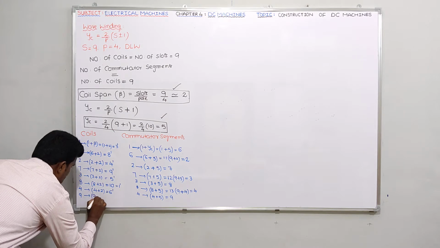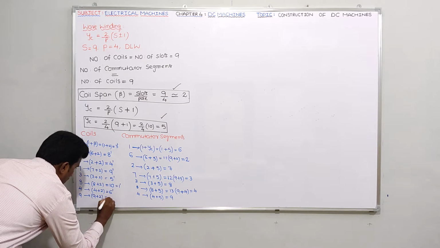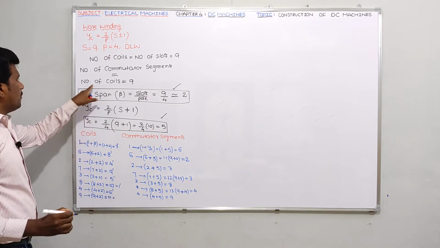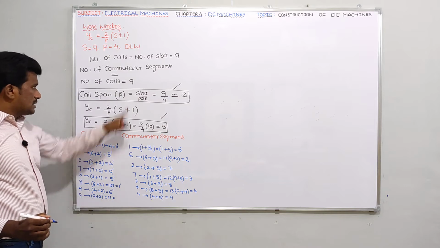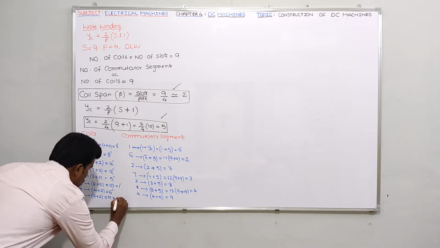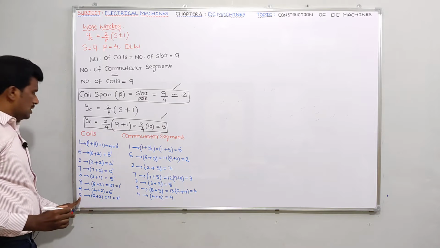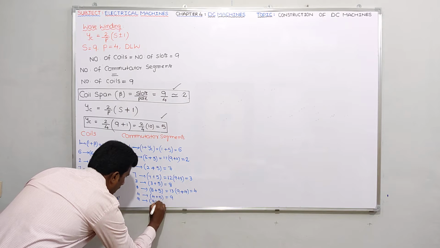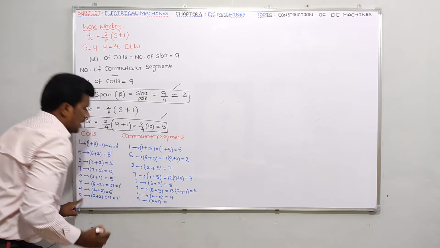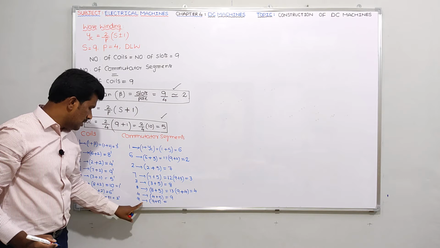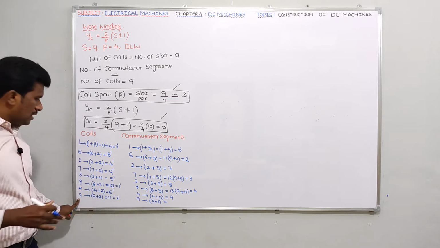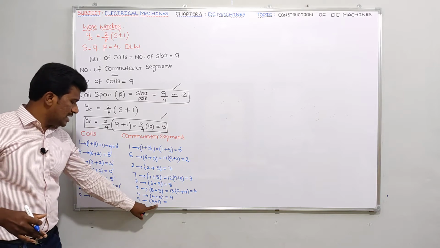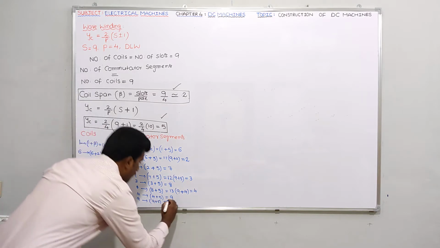Next, to this 9th segment, the 9th conductor will be connected. So 9 plus, what is the coil span here? 2. 9 plus 2 means what here? I can say 11. But you know the maximum number of coils is 9 only. So 11 minus 9, how much will you get? 2 dash. So this 9th conductor will be connected to the 9th segment. And what about this 2 dash conductor? It will be connected to 9 plus 5. I can say 14 is the value.